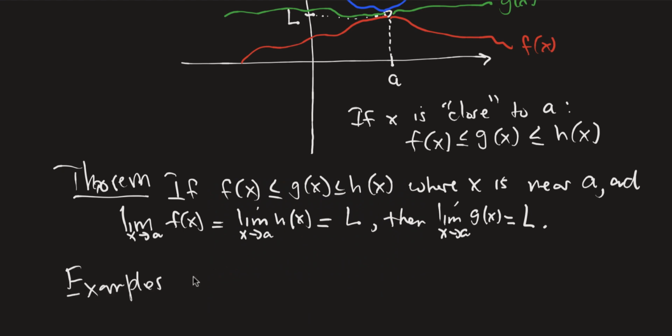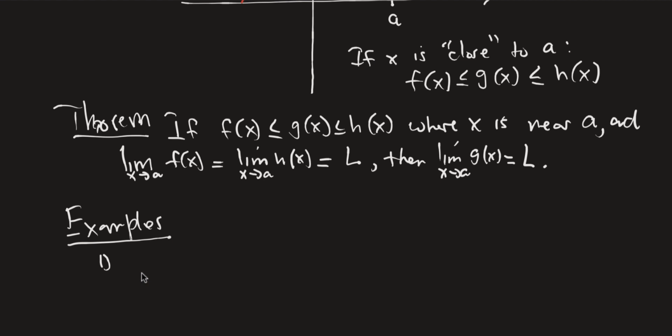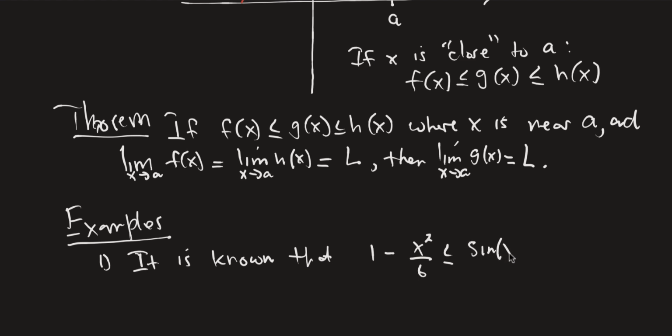So let's look at examples. Let's look at this first one. And in the first one, I'll give you the inequality. So it is known that this inequality is true, right? So someone somewhere proved this inequality,